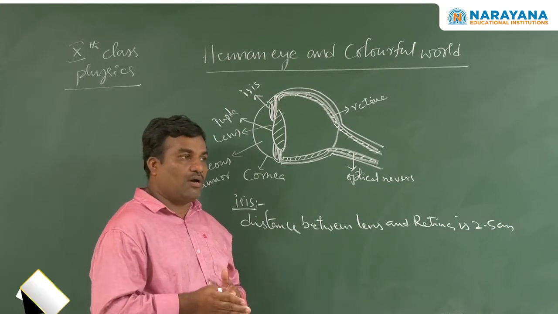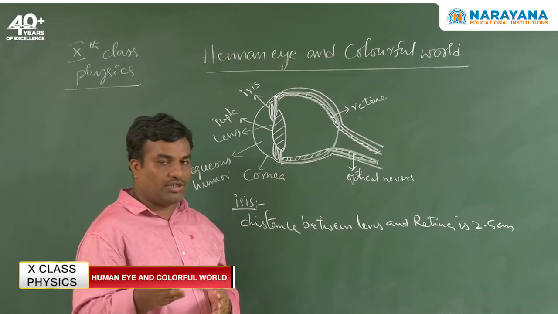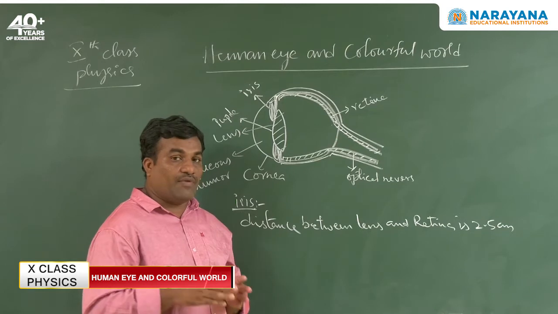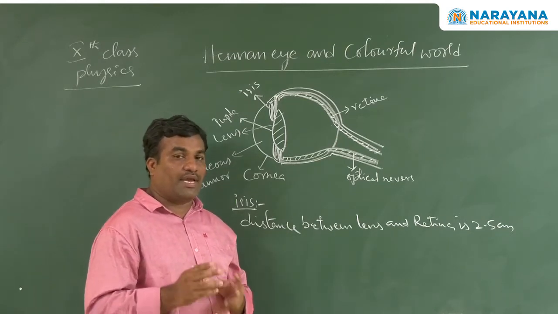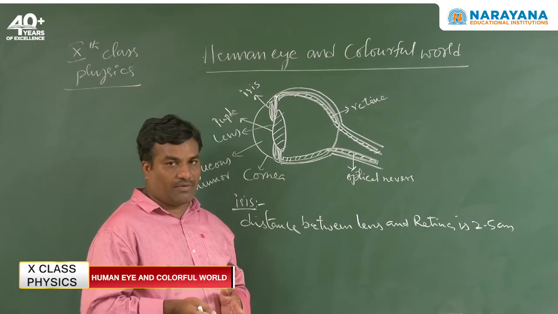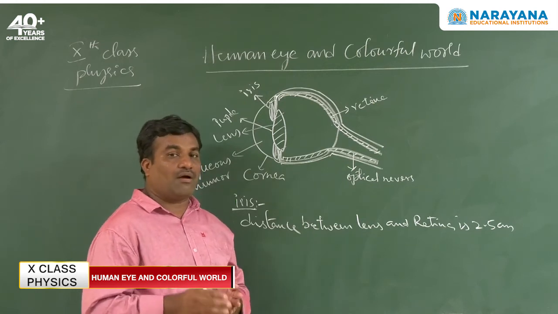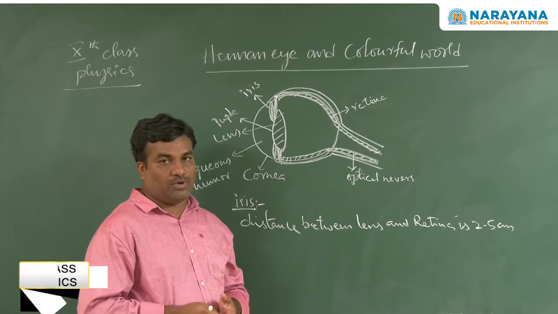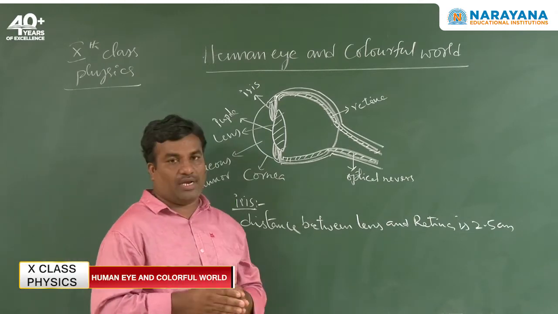We can change the nature of the material, since the focal length depends on the nature of the material and the radius of curvature. For that purpose we can use different types of lens or change the radius of curvature. If we change the radius of curvature, we can get a constant image distance on the retina. How is it possible? How can the eye lens change its focal length?